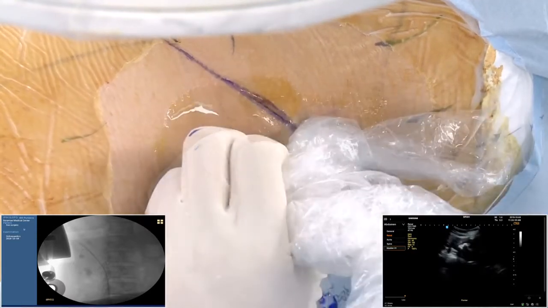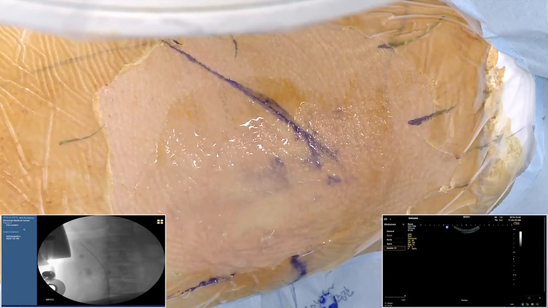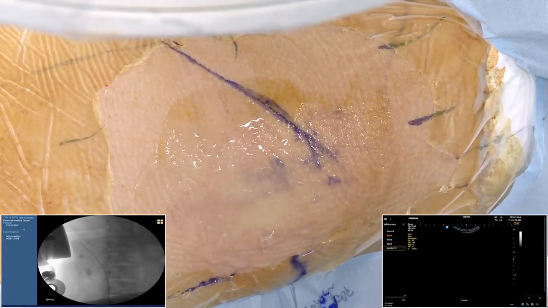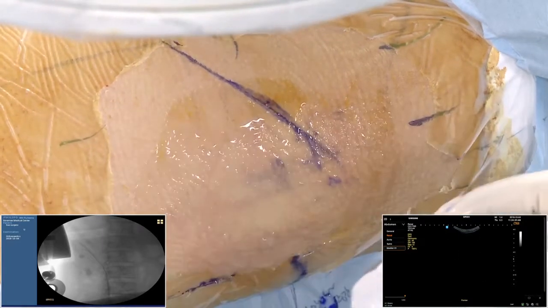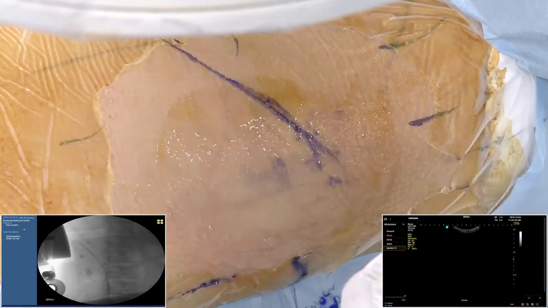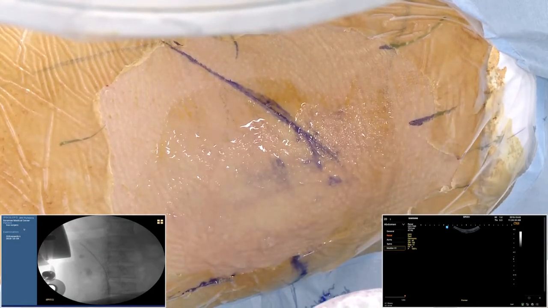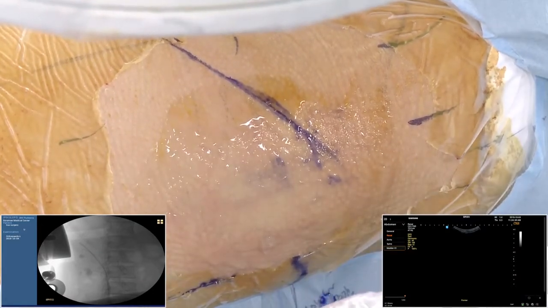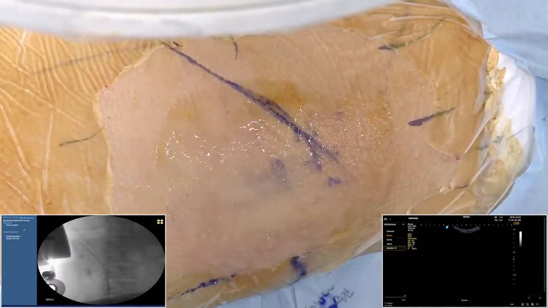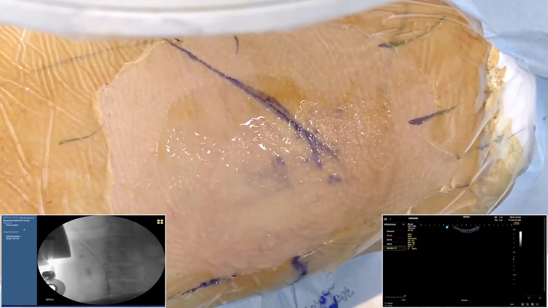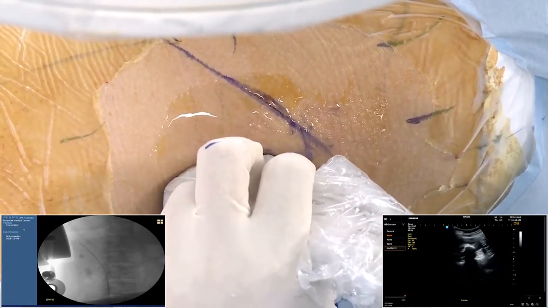And okay, I need to change the probe. When I do this tapping, you can see the left side movement, so I change this probe. So while I do the tapping on the right side, the screen is moving on the right side. So that is the right direction to perform the renal